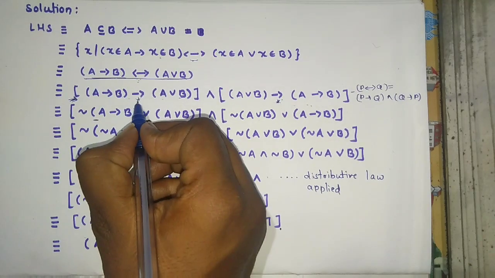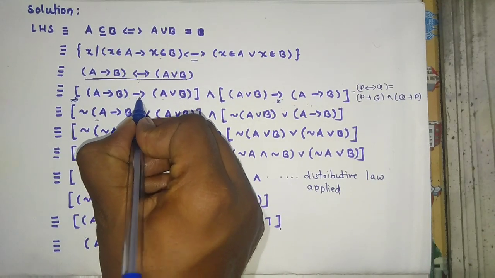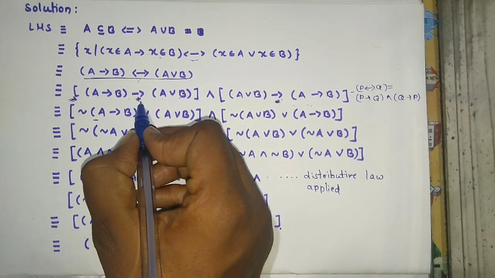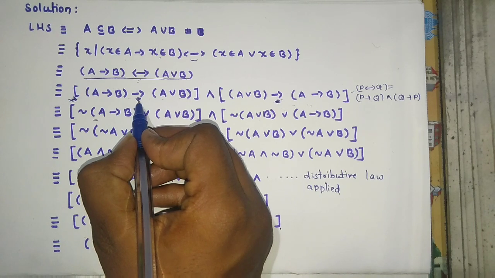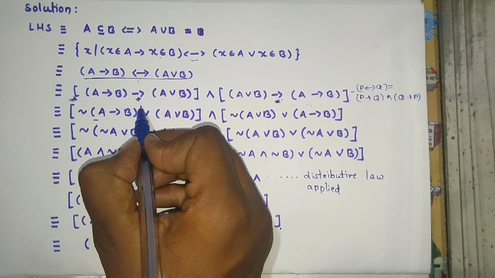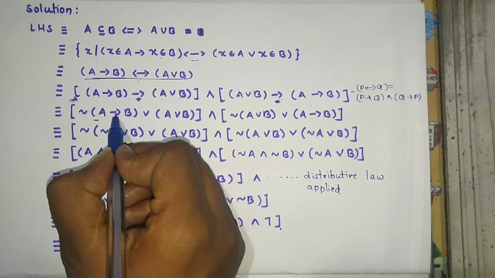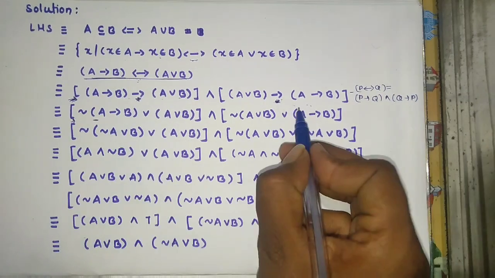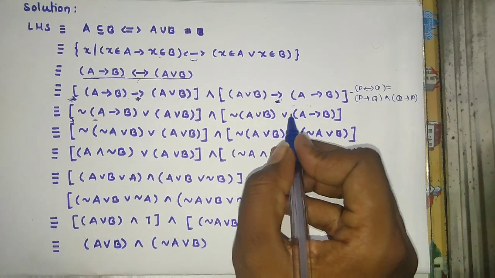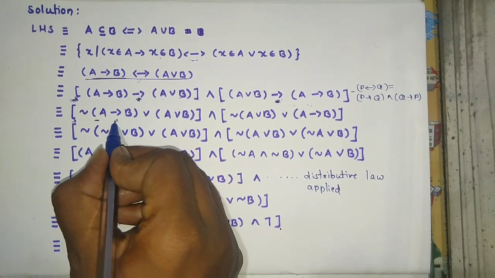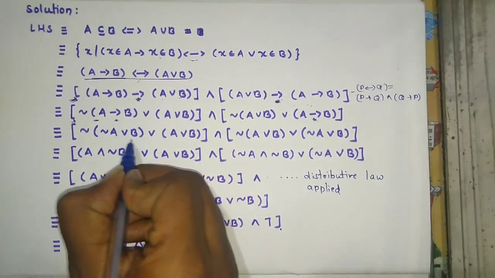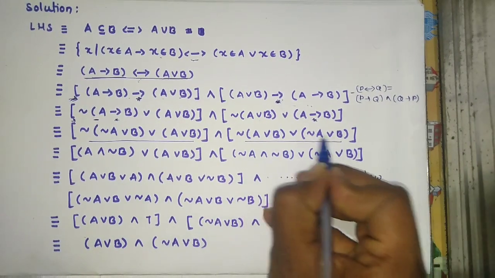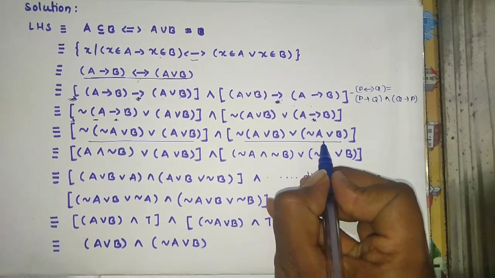From this step we have to simplify this and this implication. As we know implication, we discussed it previously, so we have applied this and we are getting this step. Here both the implications are solved. In the next step inner implications are solved. You can see here and here both inner and outer implications are solved.